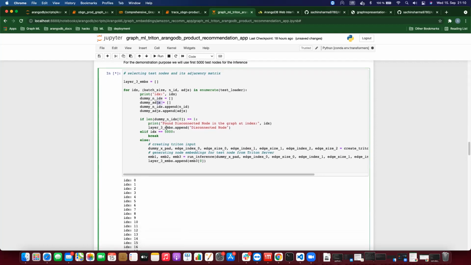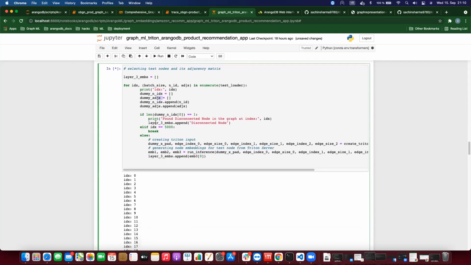And then for demonstration purposes, I'm just using the first 5,000 test nodes. So we are just computing the node representations of the first 5,000 nodes, and then we are storing their